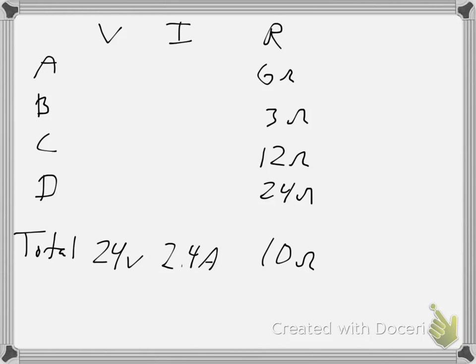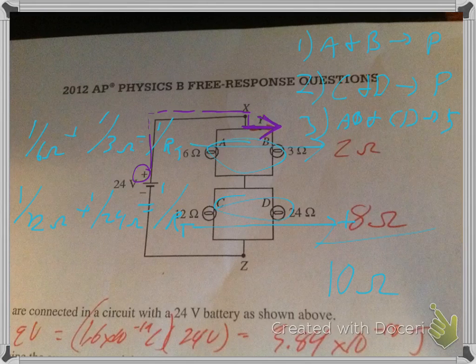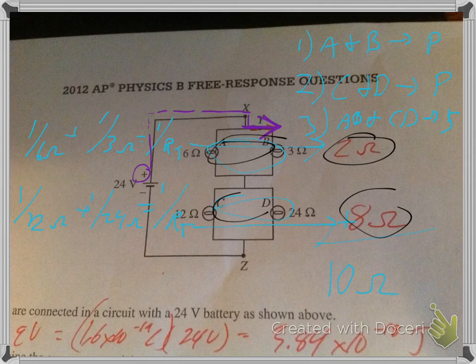Now, next we need to figure out what the voltages and the currents through everything else are, because we want to find what the energy dissipated is. We need to know the current, or at least the voltage. So if we go back to our chart right there, we have 24 volts across these two right there. We know the equivalent resistances of each of these values here, and our total resistance. Since these right here are in series, when they're combined in these values here, I can see that V equals IR. So if I multiply each of these by my 2.4 amps that I solved a minute ago,